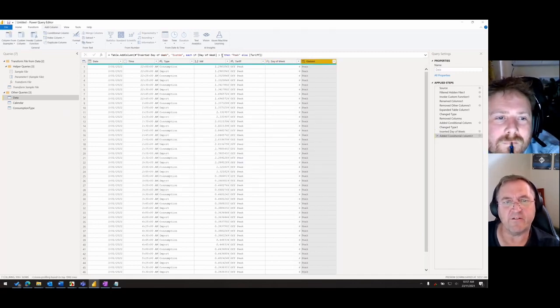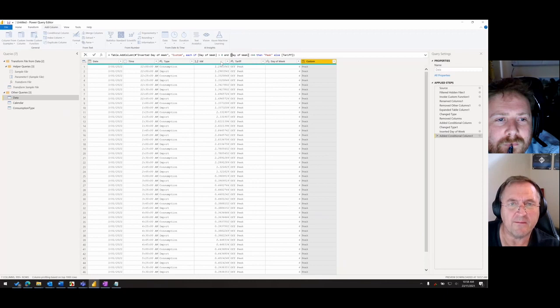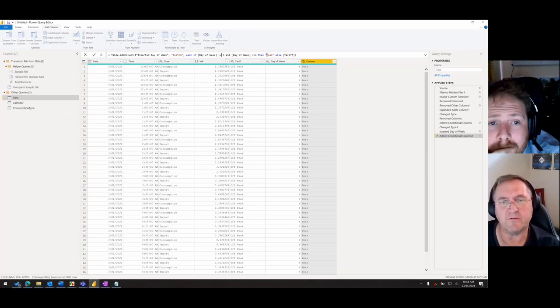So once again, I've hard coded it. So I want to say if day of week is greater than 0 and day of week is less than or equal to 4. In fact, this should be greater than or equal to 0. Then it's greater than or equal to 0, and less than or equal to 4, then I want, oh no,